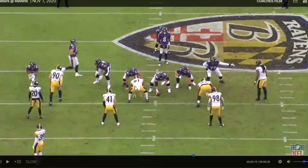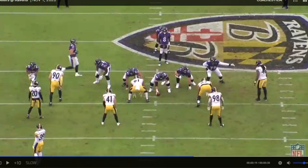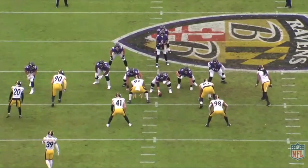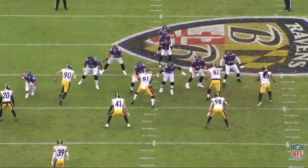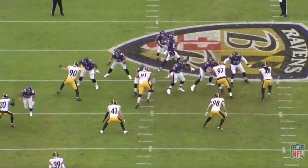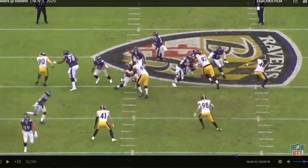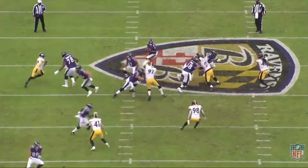Week 8 against the Baltimore Ravens. Tuitt's going to be isolated on the Ravens right guard here, who tries to flash hands early to get Tuitt to commit on the move. So we'll look at that on the snap of the football right here. That right guard's going to flash that outside hand, trying to get Tuitt to bite on and move early. He doesn't. And again, just really good hand placement here. Gets his hand in the chest. The right guard's trying to repunch right there, but Tuitt taking control of that block